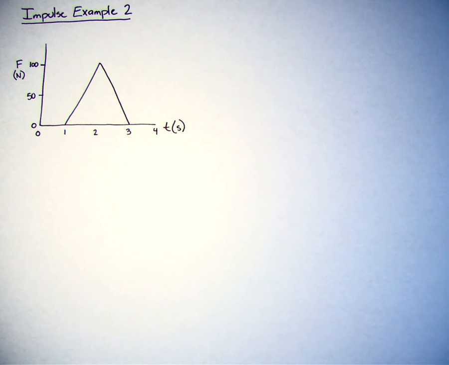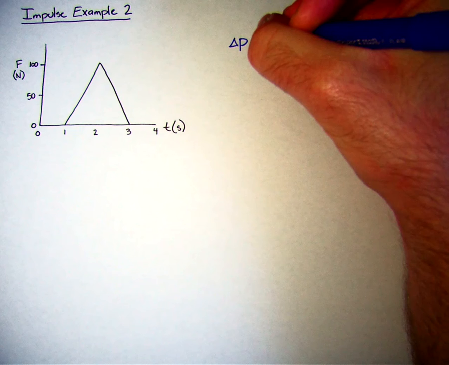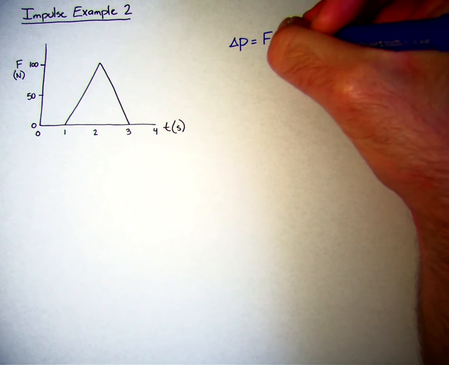One more impulse example I wanted to show you is more of a graphical view of how to find the amount of impulse. And for this graph, I have a force versus time graph. So I have my force on my y-axis, my time on my x-axis. And so since we know that our impulse, our change in momentum, is equal to force times the change in